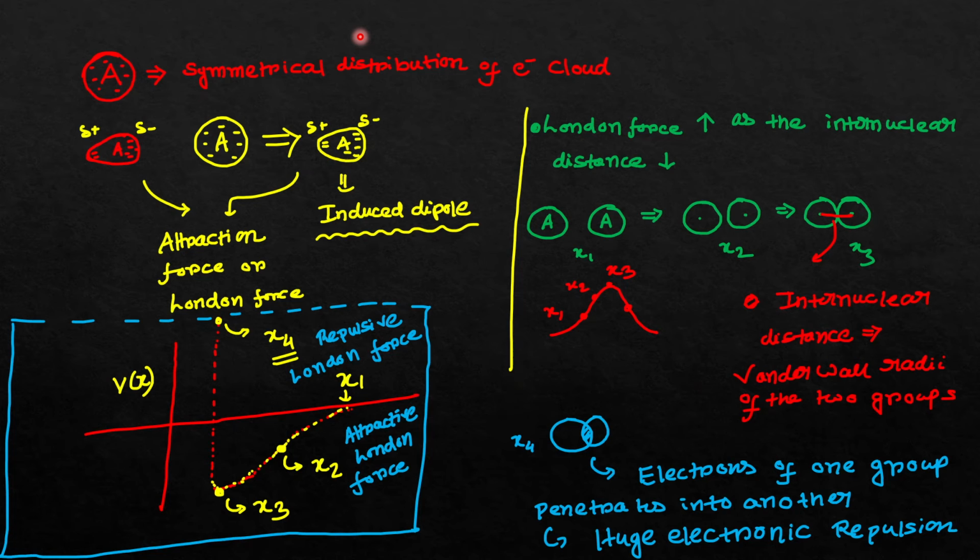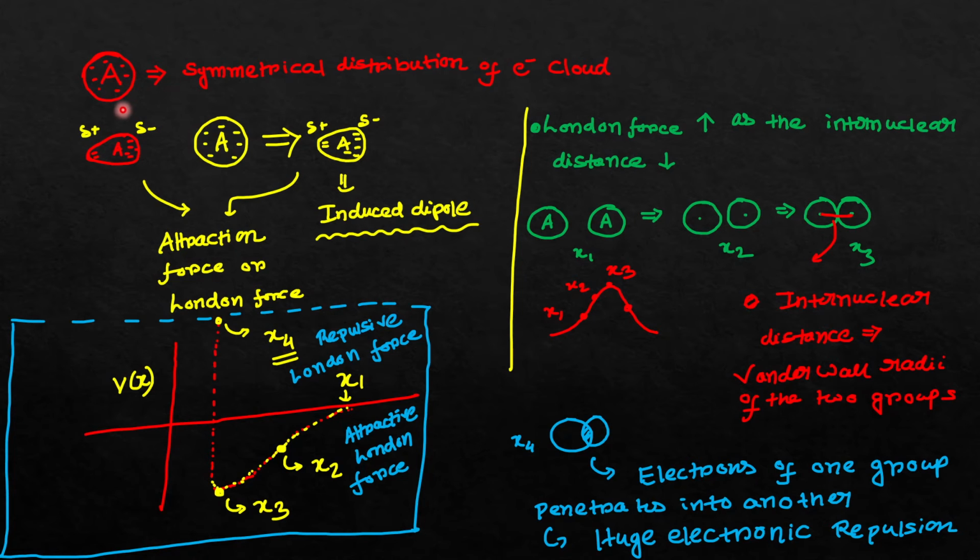On the other hand, this eclipsed conformer has even higher energy because there is a steric repulsion between two methyl groups. Okay, now previously you have an idea that London force is generally attractive. London force mostly occurs between non-polar molecules, and it is basically attractive. But in this case I have talked about the London repulsive force. So what exactly is this London repulsive force, I am going to explain in this slide.